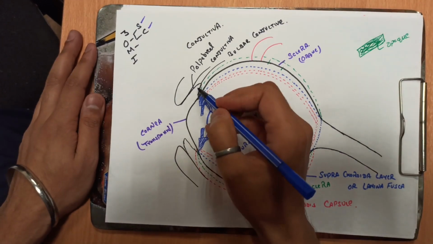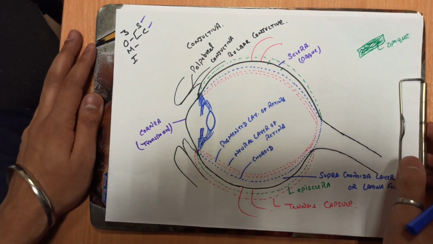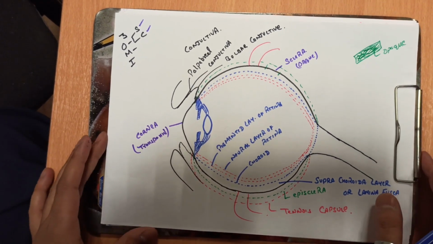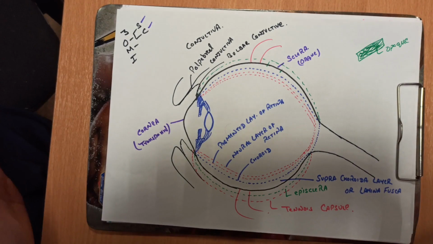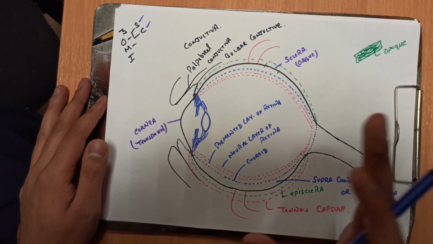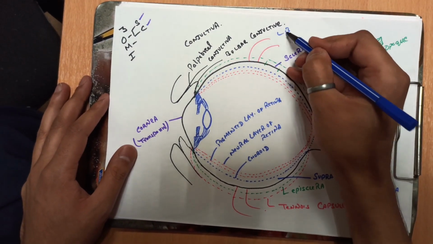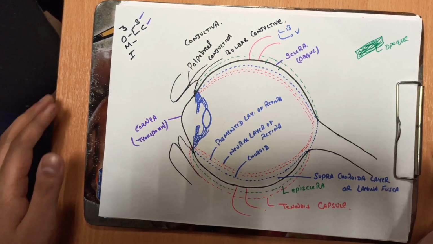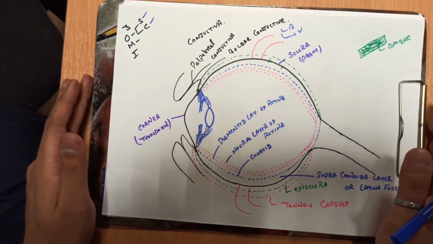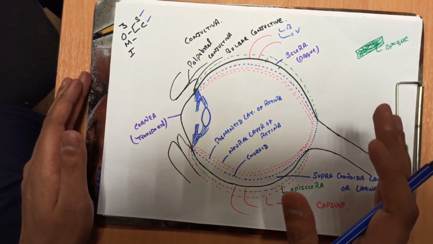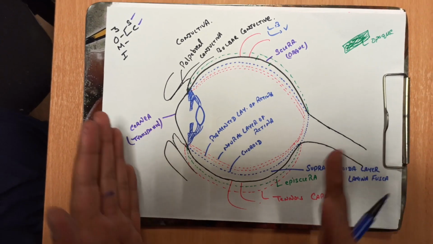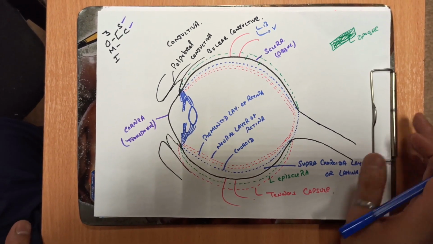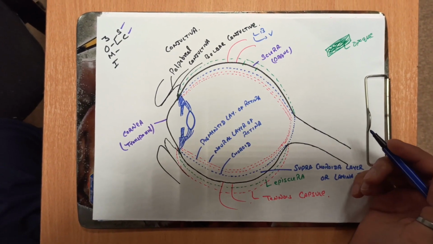Now the bulbar conjunctiva is a highly vascular structure, meaning it has a vascular supply in very much amount as compared to that of the palpebral conjunctiva. So in any case, either due to bacterial infection or viral infection, in some cases there may be inflammation, and you might see the eye with white spots or redness of the eye. That condition is called episcleritis, meaning the eye becomes red or the sclera becomes red in most of the parts.